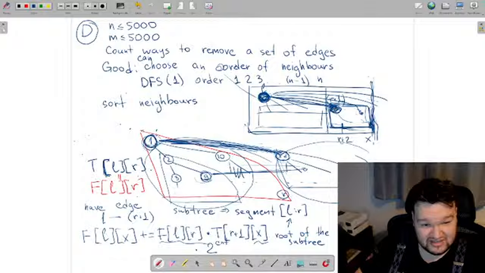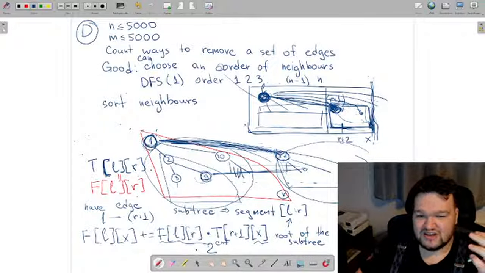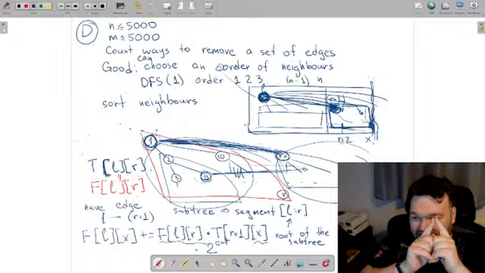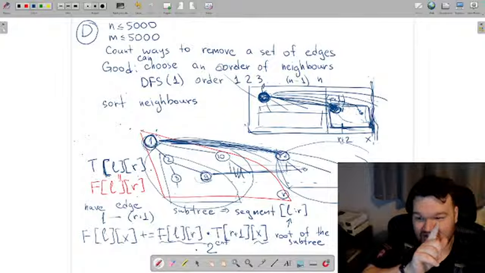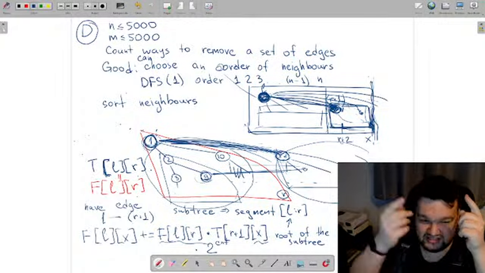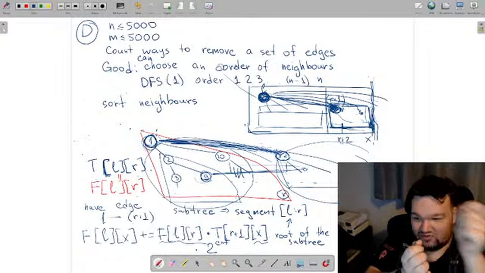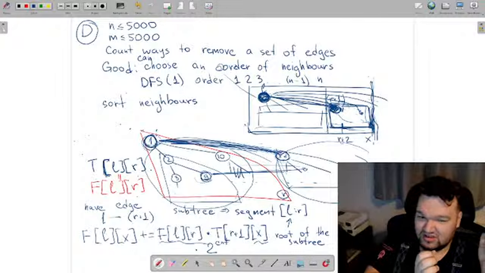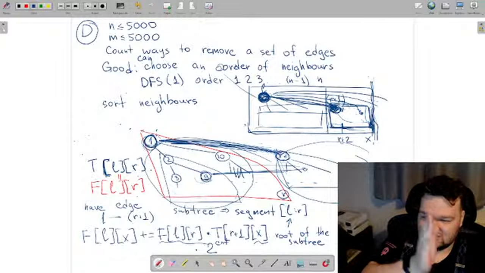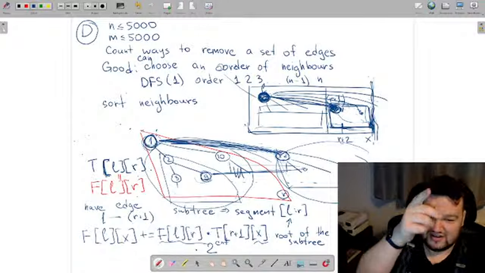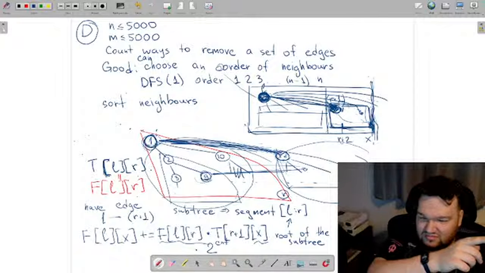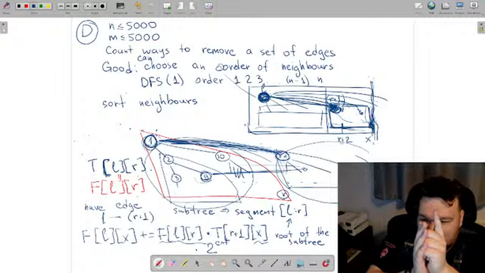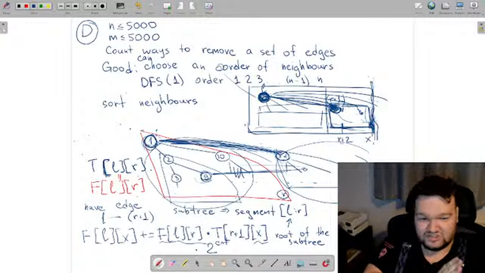And when I consider this edge, I will then iterate over x. So my segment on which I need to count the number of edges starts empty. And when I increase x, it will increase. So I can maintain a pointer to the next edge that will fall into that segment because they're sorted. And when x reaches the next endpoint of the edge, I increase CNT by 1. So when I iterate over x, which is like the endpoint of where this subtree will end,